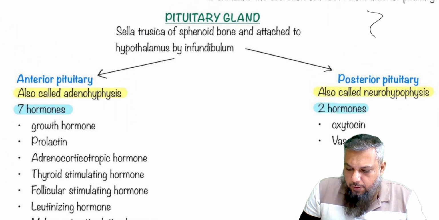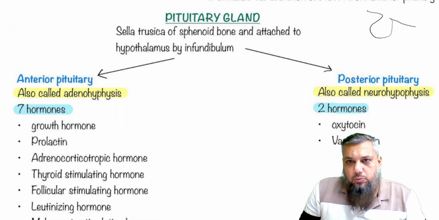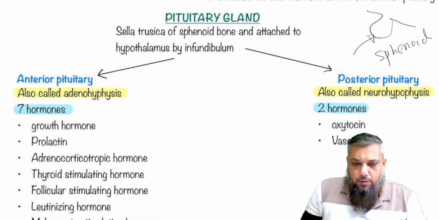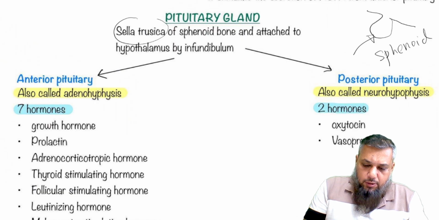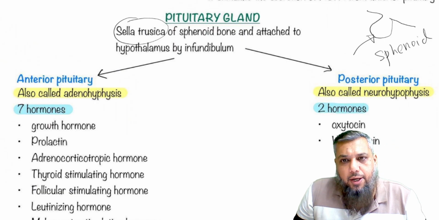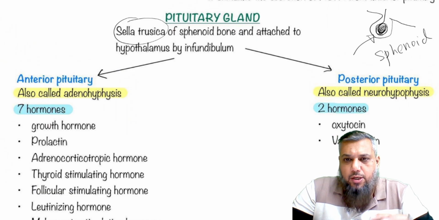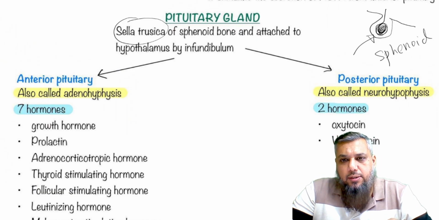So your skull has a bone called the sphenoid, and the sphenoid has a cavity which is called the sella turcica. It looks like the saddle of a Turkish horse, and within that is located the pituitary gland. So the pituitary gland is located in the sella turcica of the sphenoid bone of the skull,